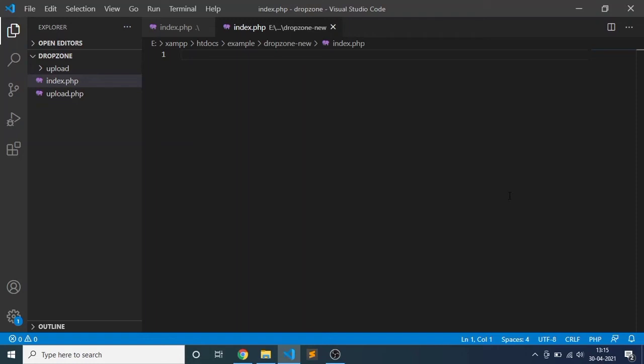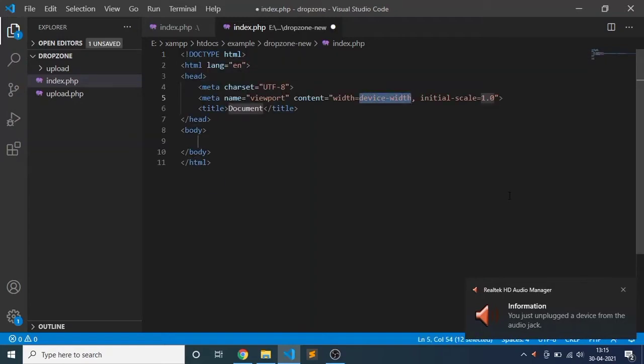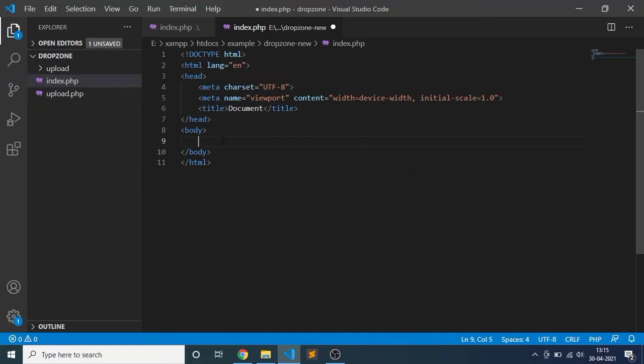For VS Code, the shortcut for the HTML header is an exclamation mark and enter. You can see the HTML default structure is imported here.